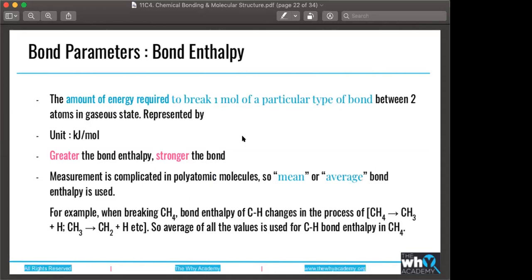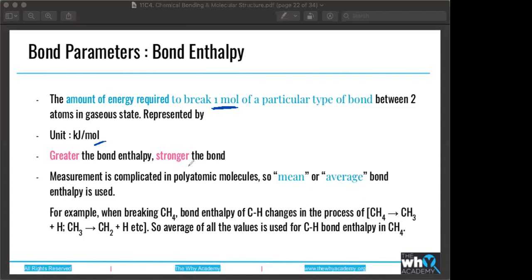You can't break the bond of 1 molecule, or 3 molecules for this compound and 5 molecules for this other compound and compare both of them, because then they are going to be completely different values. So that's why your standard for measurement is basically you just take 1 mole of compound and you compare the energy differences between both. So that's why it's kilojoules per mole.